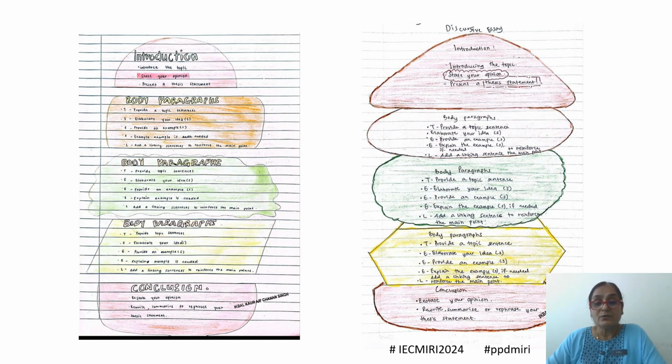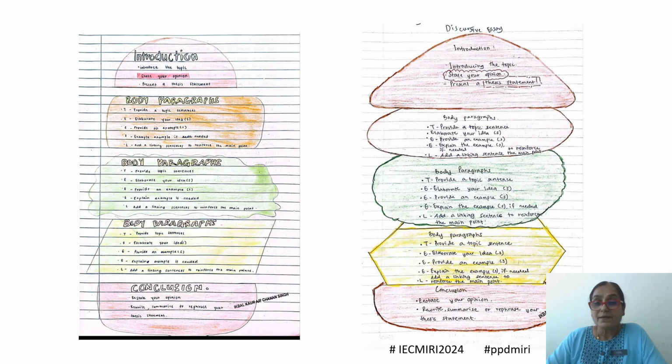Of course, they can put in whatever they want, but basically they have 5 layers. The first layer is the introduction. In the introduction, we have the normal things: they're introducing the topic, they're supposed to state their opinion, and then present a thesis statement. Then they have the body paragraph, 3 body paragraphs, and then they have the conclusion. The conclusion is again similar to what they had in the introduction.